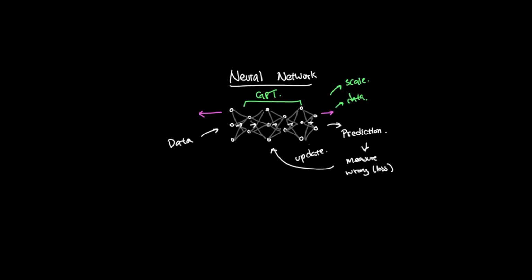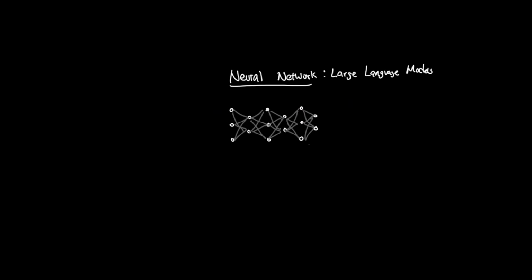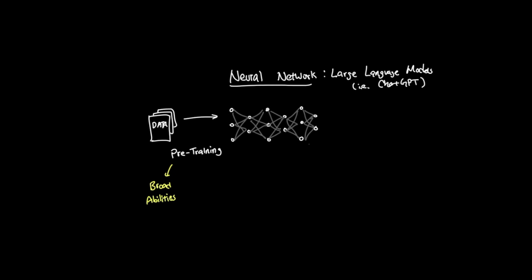Now that we understand neural networks, we can talk about how large language models become useful assistants like ChatGPT. First, there's pre-training. This teaches the model broad language ability. Then there's post-training. This includes instruction fine-tuning, which teaches the model how to follow instructions, and methods like RLHF, which further shape the model's behavior so its answers are more helpful, safe, and useful to humans.